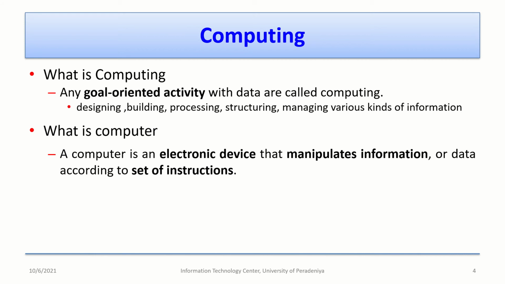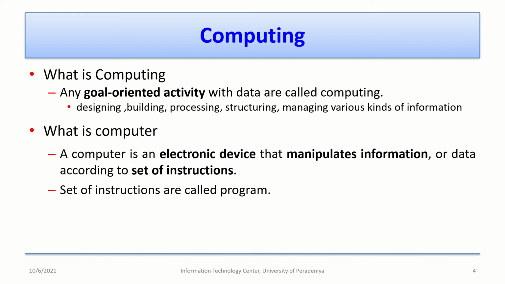A computer is an electronic device that manipulates information or data according to a set of instructions. Without the set of instructions, a computer cannot do anything. Those instructions are called a program. Depending on the program,